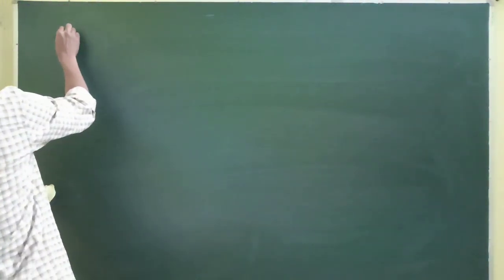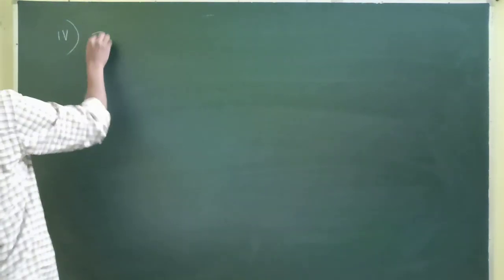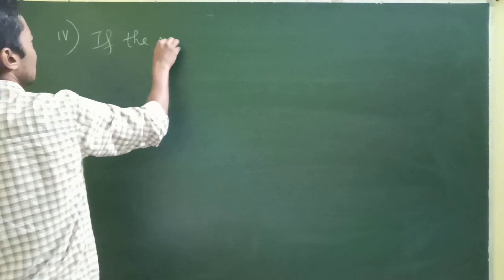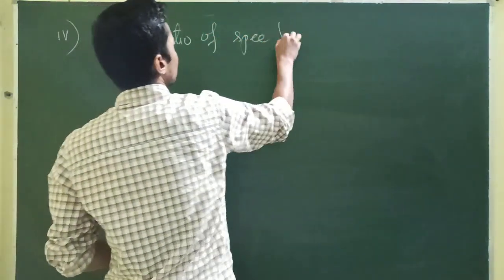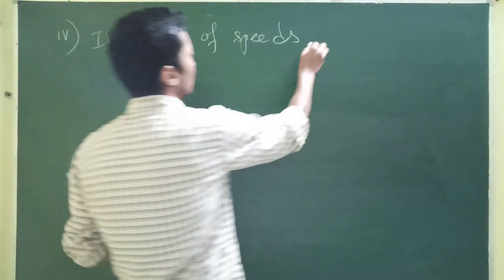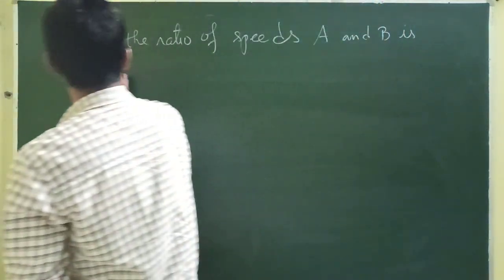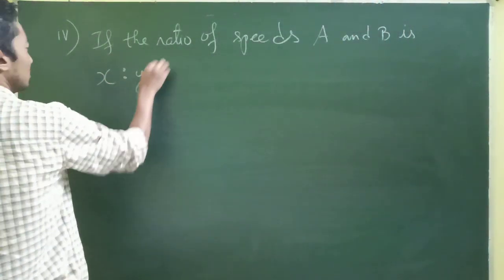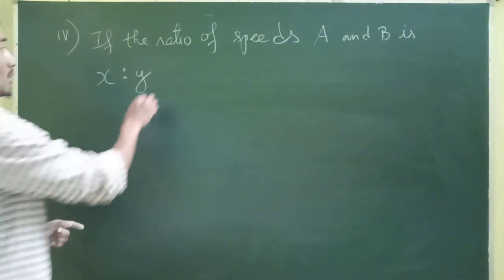That will be, let's say, number 4. This is also one very important one. If the ratio of speeds of A and B is x is to y, then